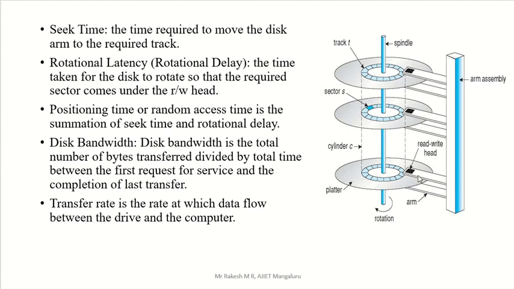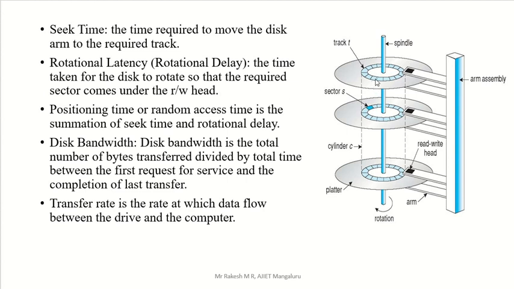So here in the seek time, this arm assembly will move. In the rotational latency, the disk itself moves and the arm assembly is kept as it is. A disk will move in the rotational latency, but in the seek time, the disk stays as it is without moving, but the arm assembly will move. In the rotational latency or rotational delay, your platter or entire disk will rotate, because we need that particular sector.